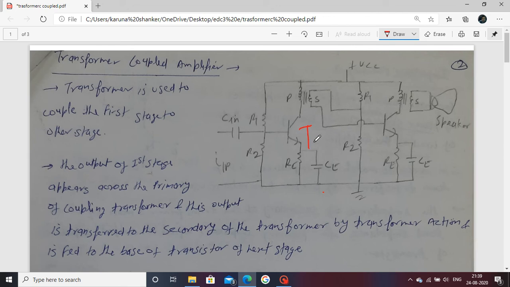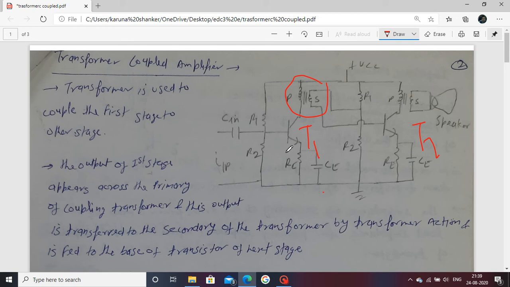This one is your T1 transistor, this is your T2 transistor, meaning one stage is connected to the second stage through a transformer. That's why this is named a transformer coupled amplifier. In the previous RC coupled amplifier, we used a coupling capacitor in place of the transformer. Now the function of this transformer coupled amplifier: suppose an AC signal is applied to the first stage of